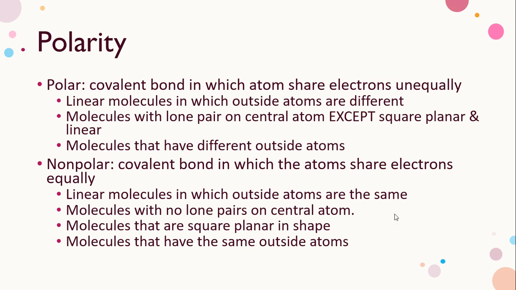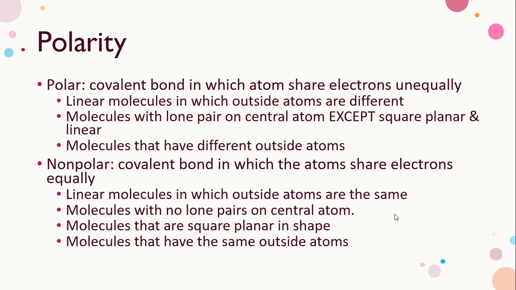The last thing that we have to cover is polarity, whether something is polar versus nonpolar. What do those terms mean? Well, polar means that when they share these electrons, they are shared unequally. One atom pulls the electrons closer to it. So what are some things that would make a molecule polar? Well, if they're linear and those outside atoms are different, one side's going to pull more than the other. Another example of getting polarity is when there's a lone pair on the central atom. The only exception is if the shape is square planar or linear,